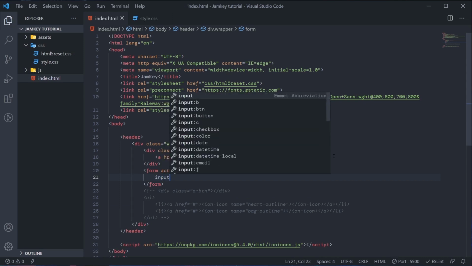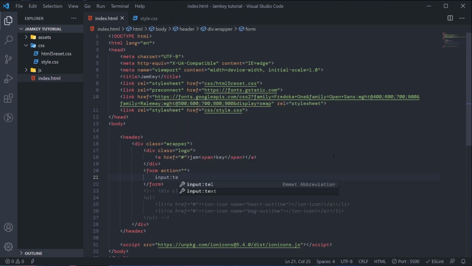an input. So the input now will be of type text. We don't need to type anything here, we'll just change the placeholder. So inside this placeholder now, we'll just type search.